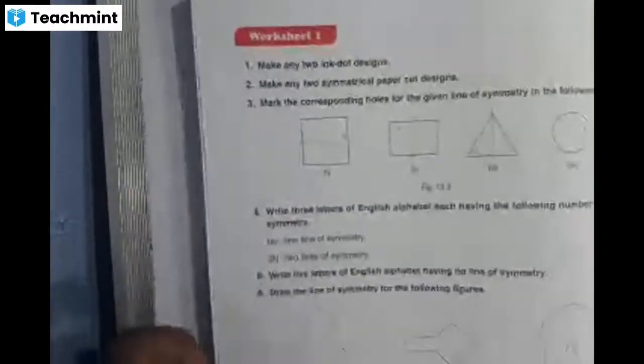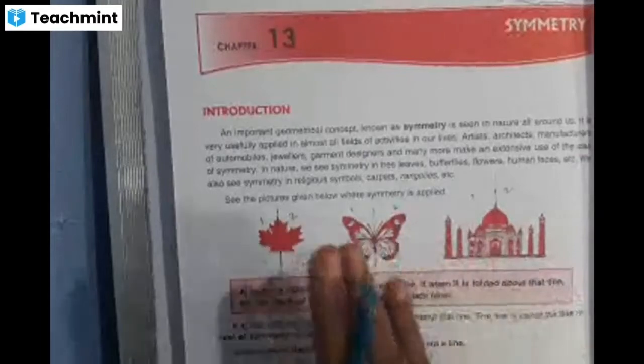And if a geometrical figure has more than two lines of symmetry, for example, children, you are going to learn it in worksheet number 2, 1 and 2 here. Let us go through the questions from worksheet 1 with this idea of symmetry as well as lines of symmetry. Hope you understood what symmetrical figures and a line of symmetry are. Children, based on the figures, we get the number of lines of symmetry.